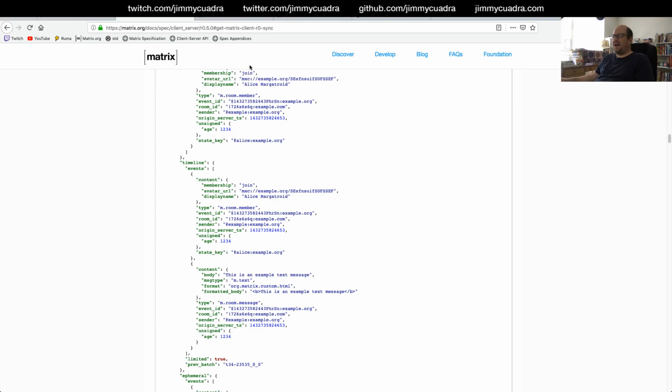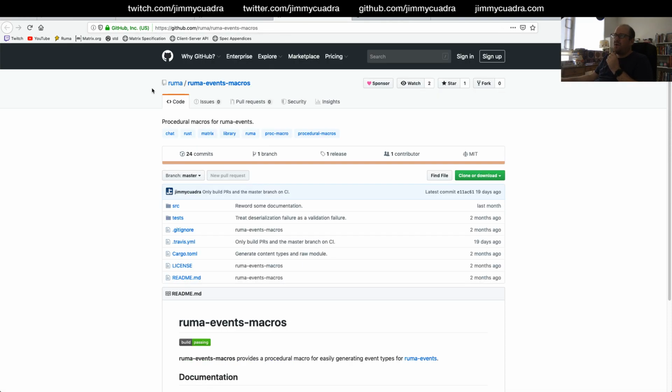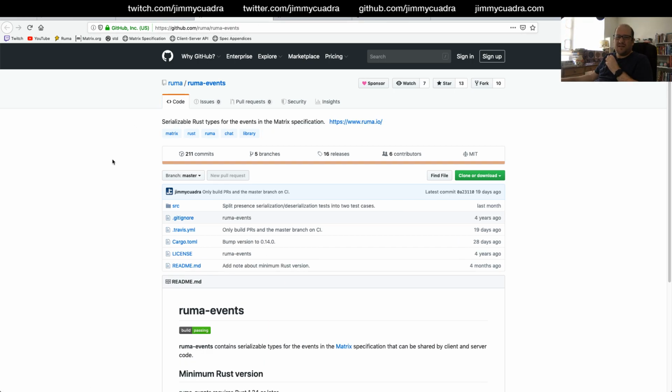So what I worked on in the last stream was revising this API yet again to once again expose an implementation of deserialize, but make it so that you can't deserialize the event directly. You can only deserialize a result of the event and invalid event. And I think we pretty much successfully got that working in the last stream, except that, like I mentioned a few minutes ago, there's also this other library called ruma-events macros. And the way that the events are implemented inside ruma-events is that